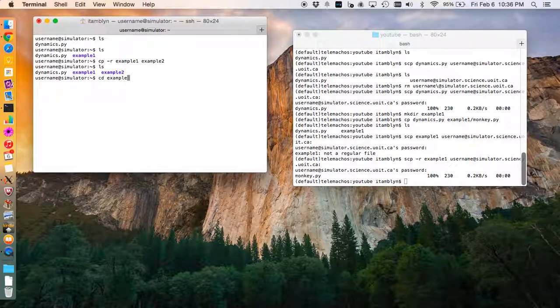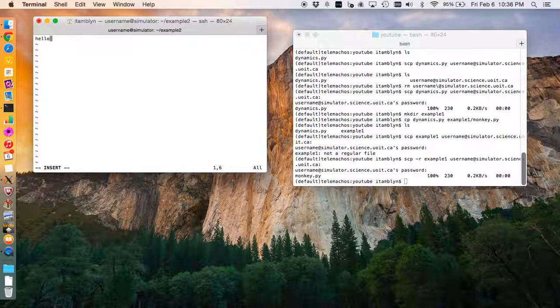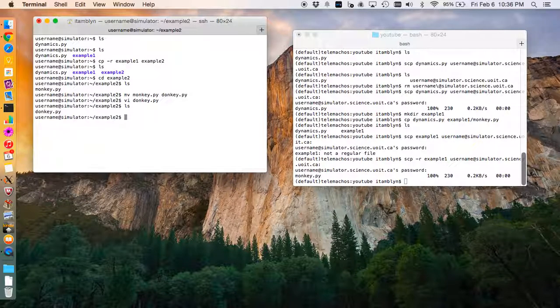And let's say that I went into this and I moved monkey to another file called donkey.py, and then we'll say that I went into donkey and I deleted everything in there and I wrote hello. Okay, so I have a different file, donkey, and I want to move this whole directory, example2, back to my